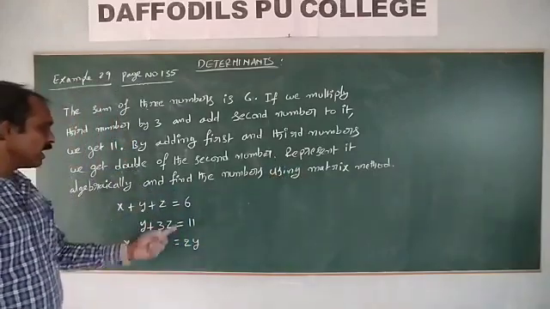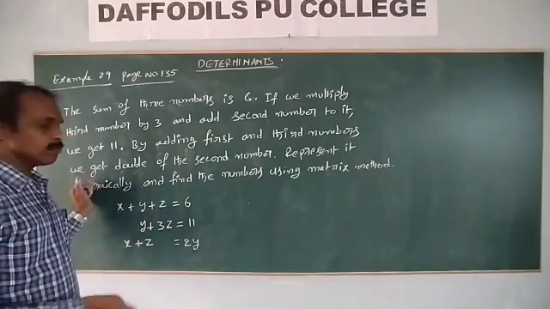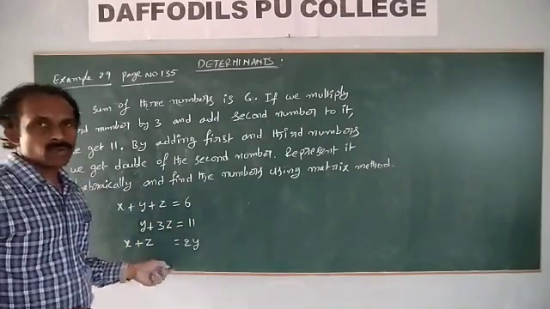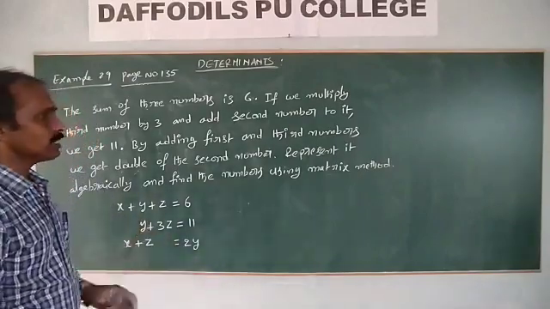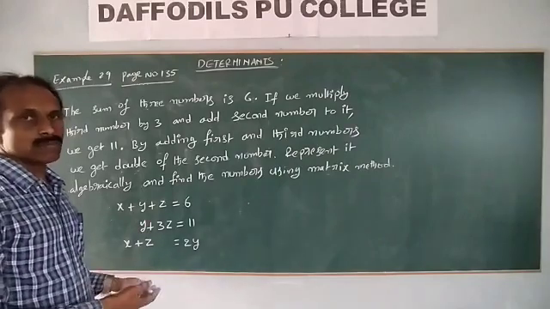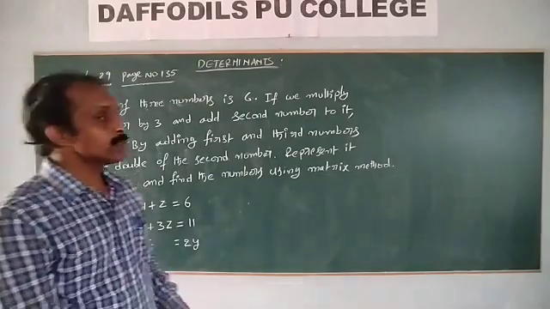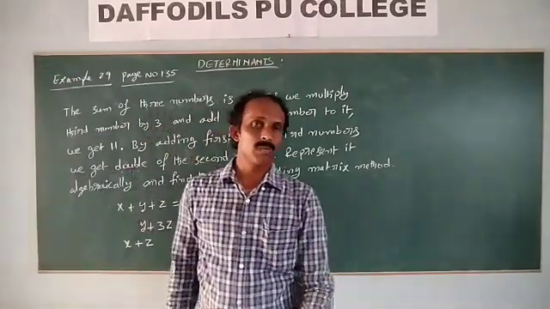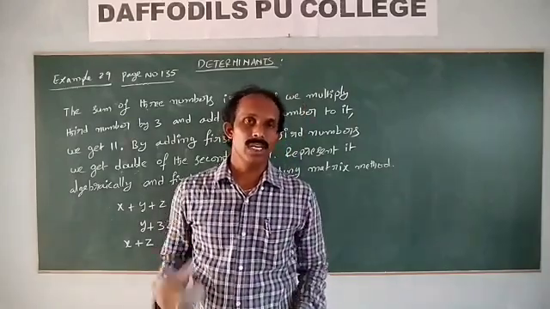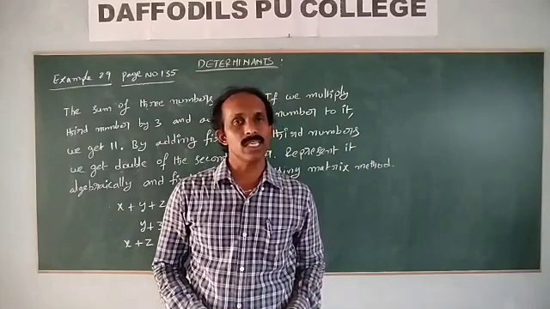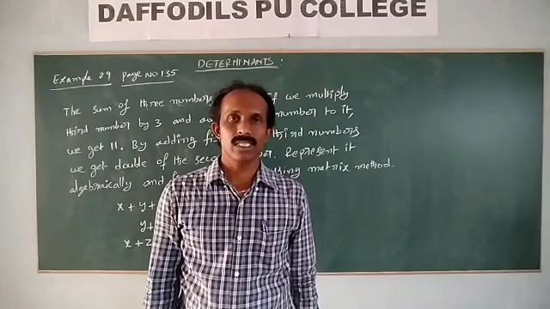The remaining process is the same. Here A is the coefficient matrix and this is B, X is x, y, z. Same process: A inverse is 1 by det A into adjoint A, and X is equal to A inverse into B. Find the cofactors and the transpose of the cofactors. So no problem. Students, this is especially important: exercise 4.6 for 5 marks, the miscellaneous examples, and the miscellaneous exercise, 16 problems explained. Okay students, we will continue in the next session. Thank you.